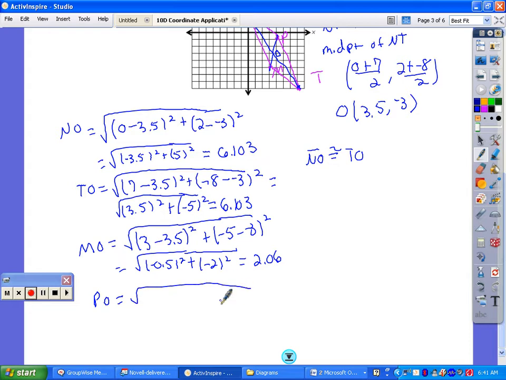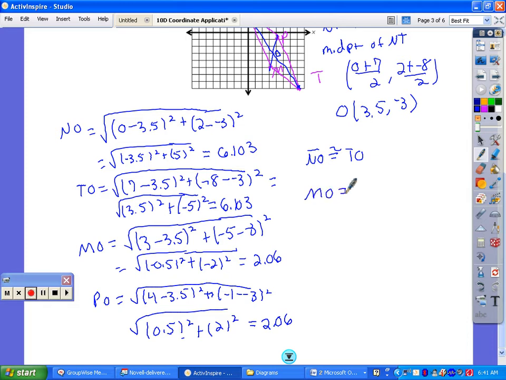And then the last one we need is the distance from P to O. So we're going to do the square root. Our coordinates for P are 4, negative 1. So I'm going to do 4 minus 3.5 squared plus negative 1 minus negative 3 squared. And then that gives us 0.5 squared plus 2 squared, and that should give us 2.06. And so we can also see that MO is congruent to PO. So since we know those two things, quadrilateral NTMP,